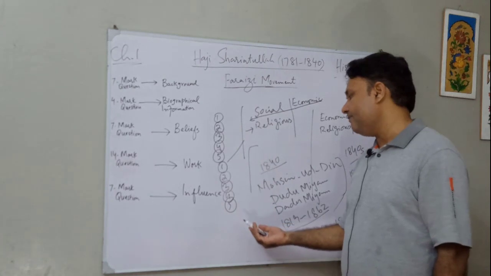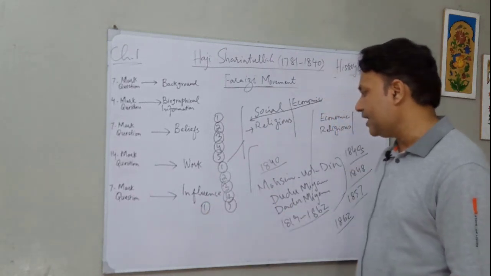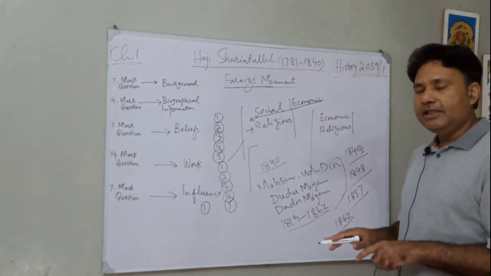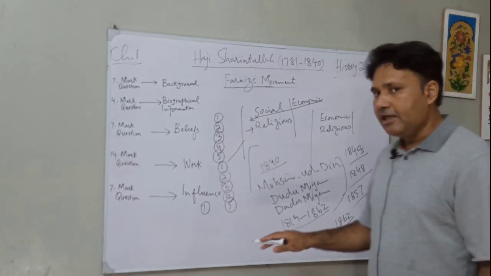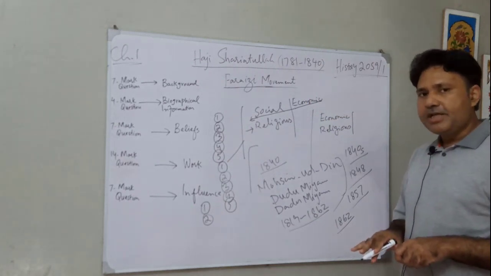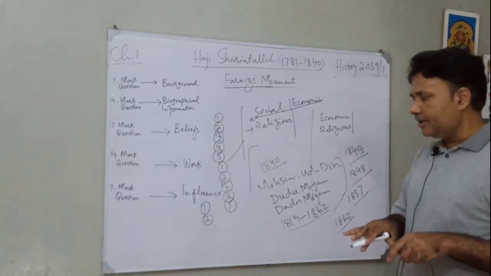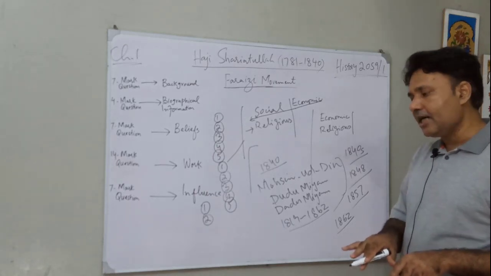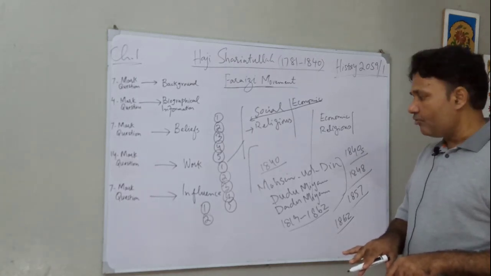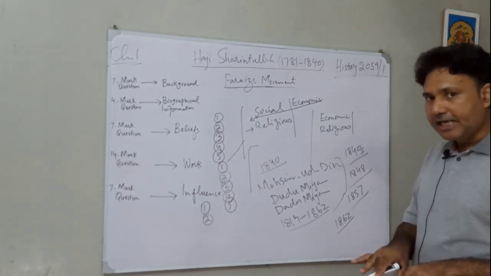Now, what was the impact or influence of the Faraizi movement, or the contribution of Haji Shariatullah? Number one, this movement boosted the confidence and morale of the Bengali Muslims who were facing oppression under the non-Muslim landlords. Number two, his movement revived Islam, because Haji Shariatullah put emphasis on the performance of the obligatory part of worship, the frais, and this is how the Muslims in Eastern Bengal started observing the elementary part of Islamic worship, and this is how the revival of Islam in Bengal